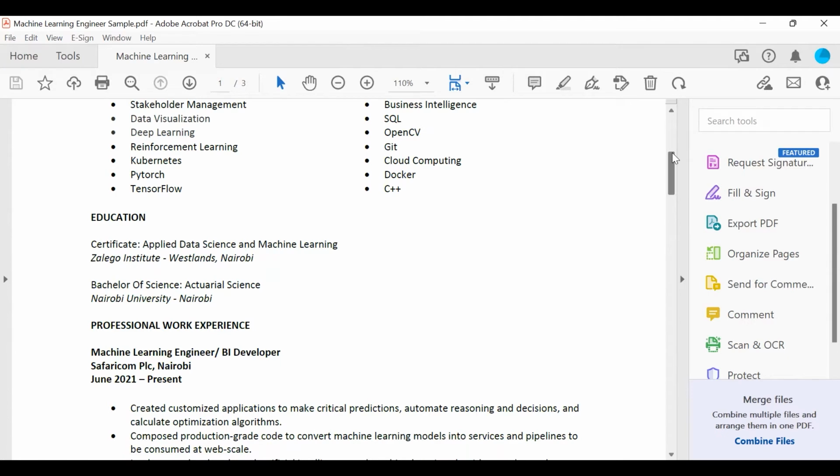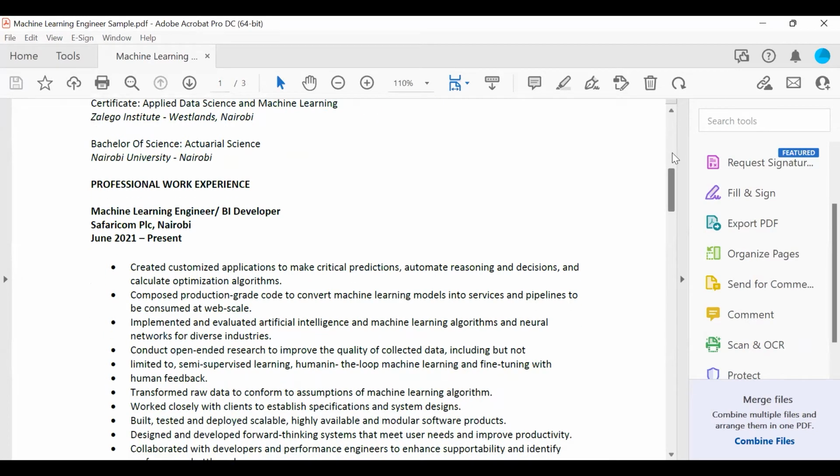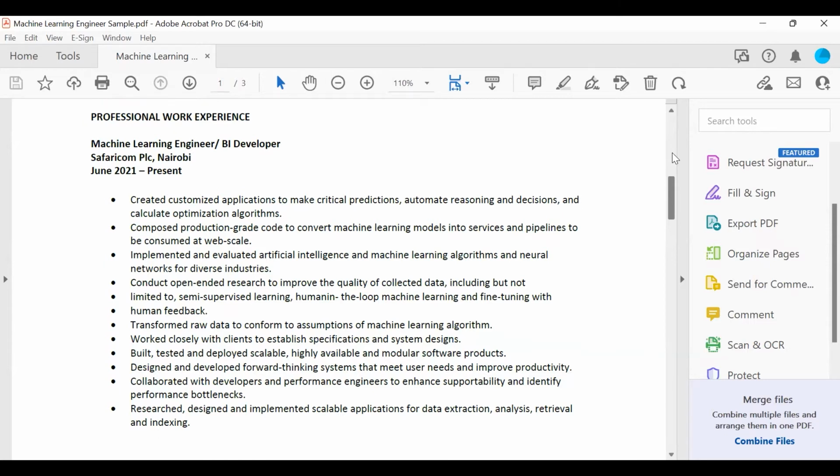Now we're looking at education. They've got a certificate in applied science and machine learning, and then their university in Nairobi, and then we've gone straight into work experience. If you notice, and this is not on purpose, these are two separate candidates in two different regions. I've pulled a candidate from Nigeria and a candidate from Kenya. They don't know each other, but if you look at the CVs, you'll see the similarities using the same words: created, implemented, conduct, transform, built, design,